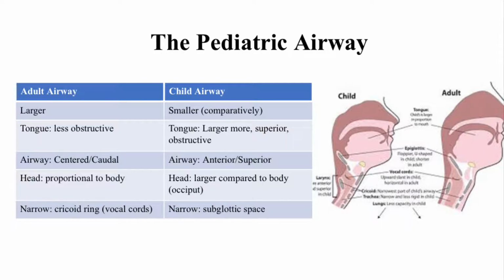In the pediatric or child airway, the airway is smaller, the tongue is larger, more superior, and obstructive. The airway is generally considered more anterior and superior. The head is larger compared to the body, and the narrowest space is the subglottic space, or the area below